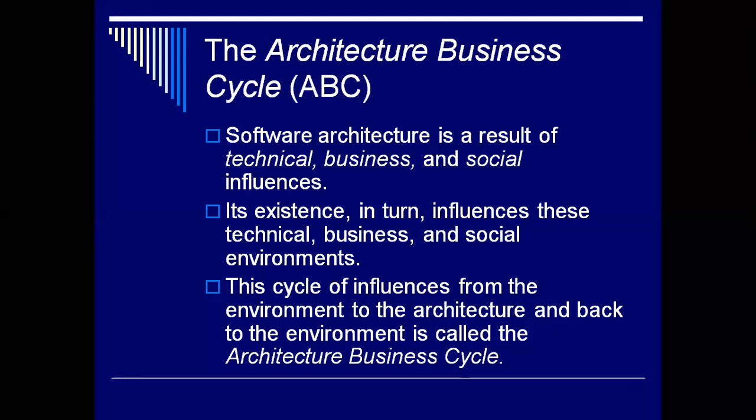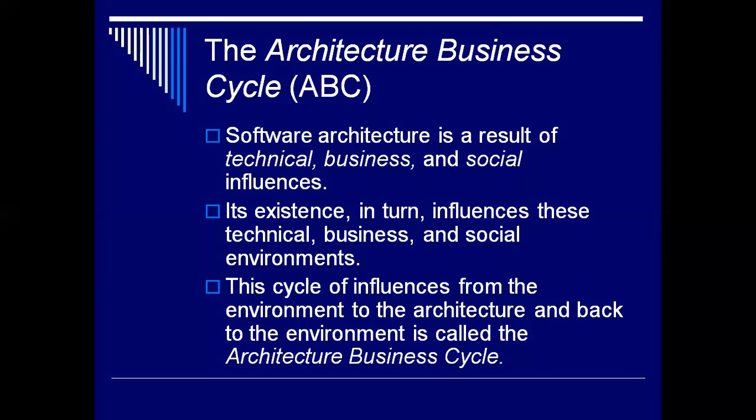Any software is a combination of a number of different elements. Those elements have a number of properties with relationships. These are incorporated in one phenomenon which is known as the architecture business cycle. Any software architecture comes with one tag, the architecture business cycle, in short also known as ABC. ABC stands for architecture business cycle.